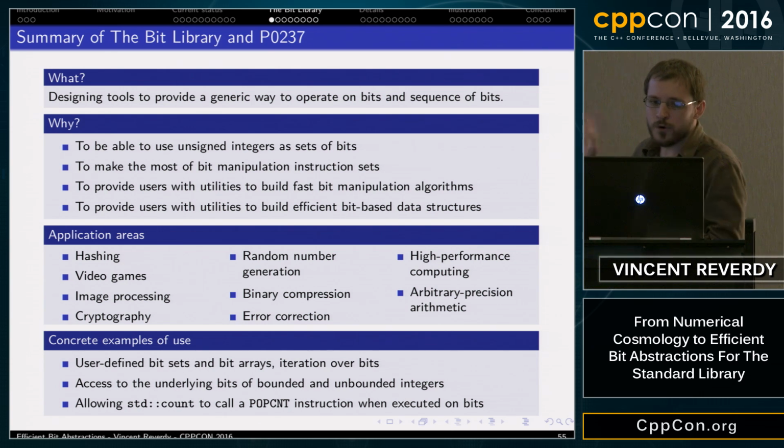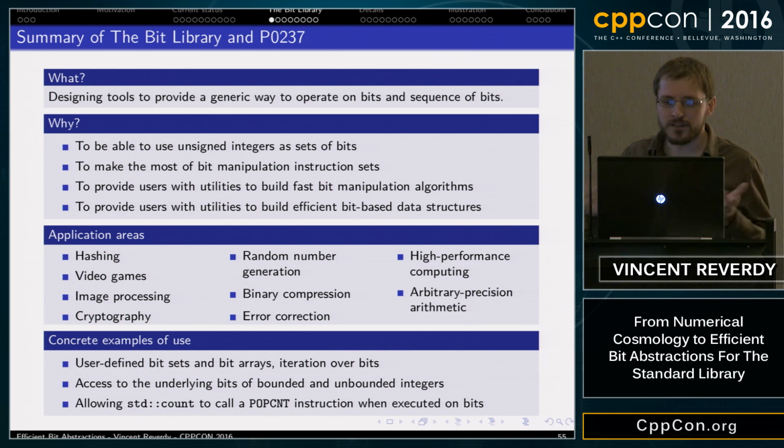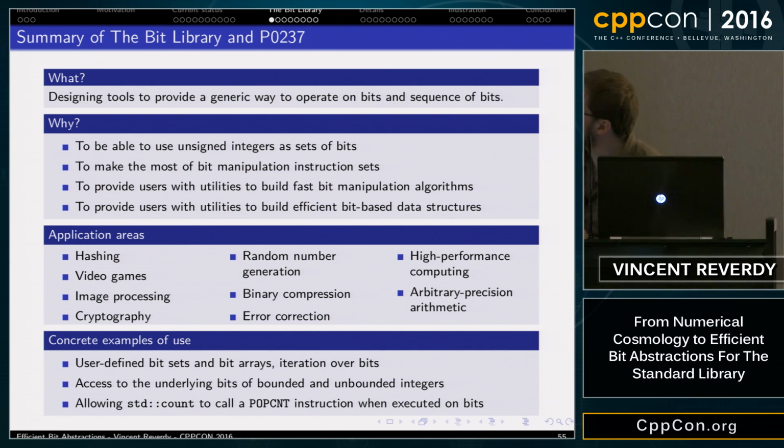So as I said, the goal is to make the most of bit manipulation instruction sets and sequences of unsigned integers, to be able to give people the tools to implement their own bit manipulation algorithms and bit-based data structures. As I already said, there are a lot of application areas, and here I listed some concrete examples of use.